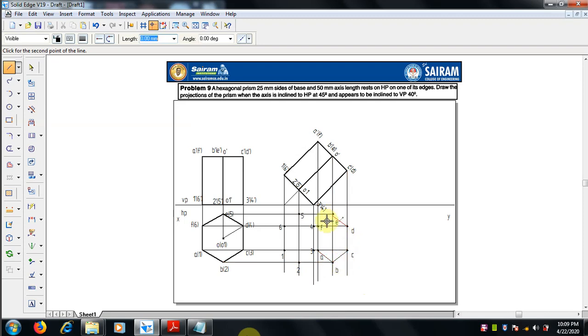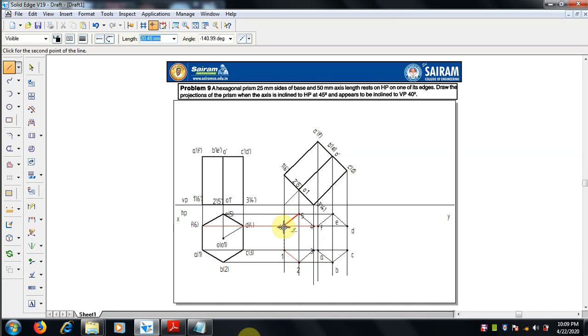Just join all the lines. Select all the lines, the end points or the intersection points, wherever it is we can join with the lines. This is the top base is over, and the bottom base also we have to draw by joining all 1 2 3 4 5 6.